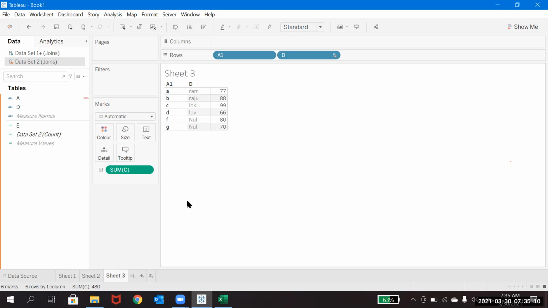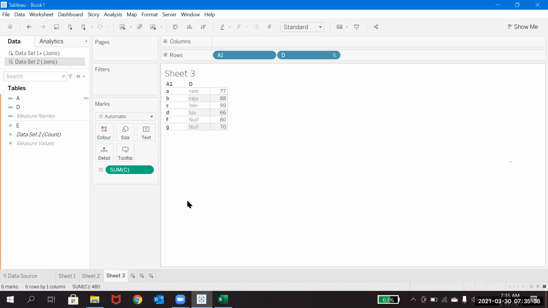Let's say you have three or four data sets in Tableau, and you'd like to combine them for your visualization. In a few cases you just need to combine everything into one single data set and create the visualization. In that case, you will go for joins.